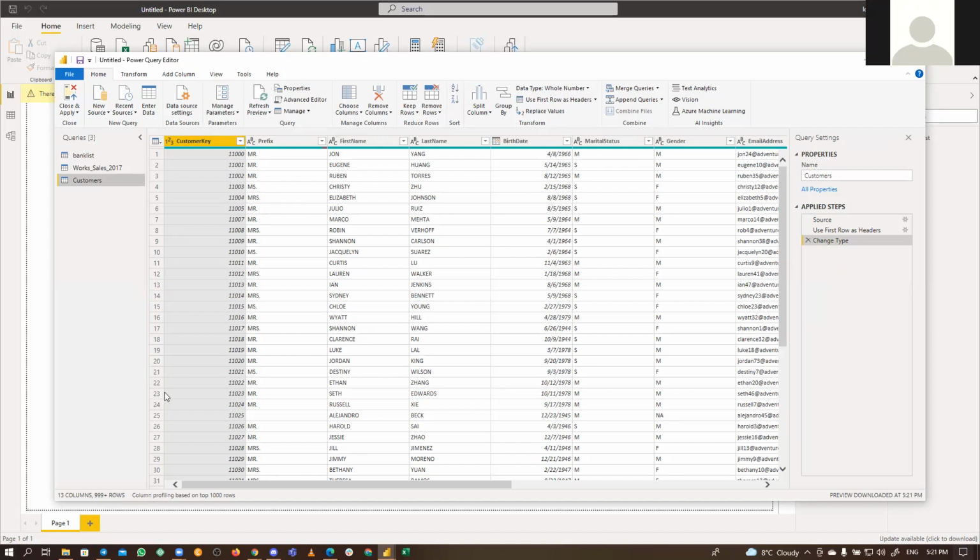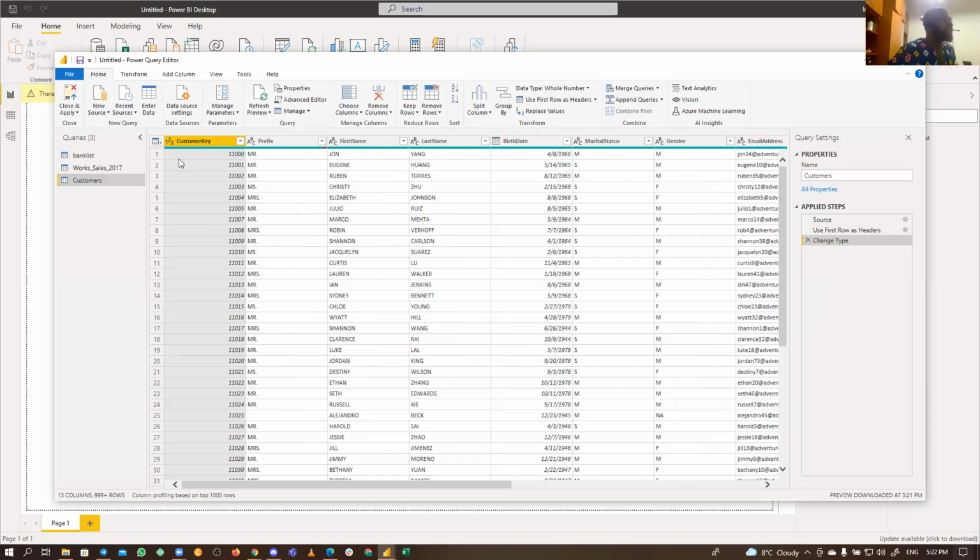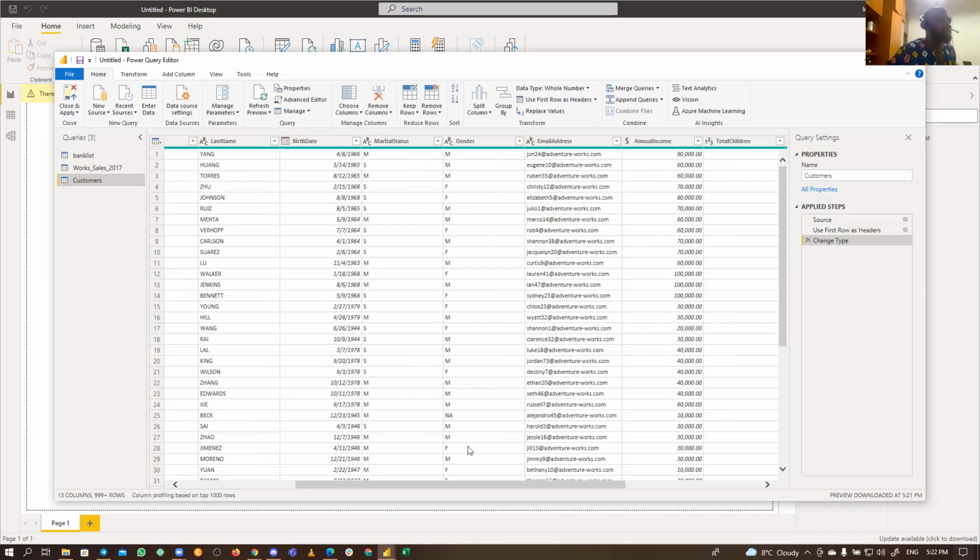So now I'm able to download the data. Transform, yeah. It will bring us to the query editor. So now you can see that we have 13 columns and over 1,000 rows. If you hover like this, you can always see all the columns that we have. And you can see the type of the column here. You can see this is numeric, this is text, this is text, this is a date, this is text. This gender as well, the email address, text. This is currency. So it's dictated as dollars, and the number of children and all of that.